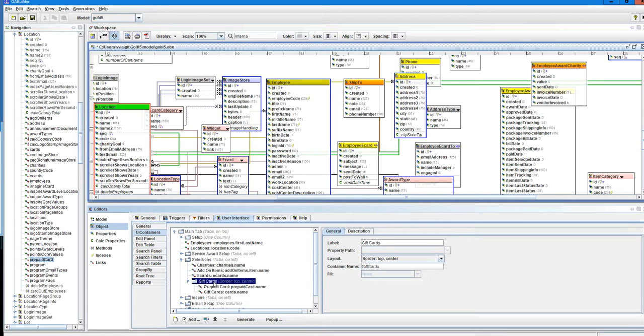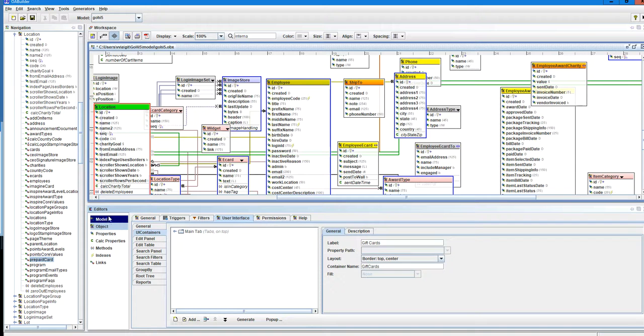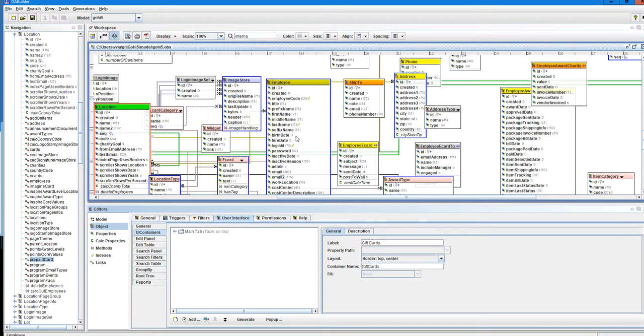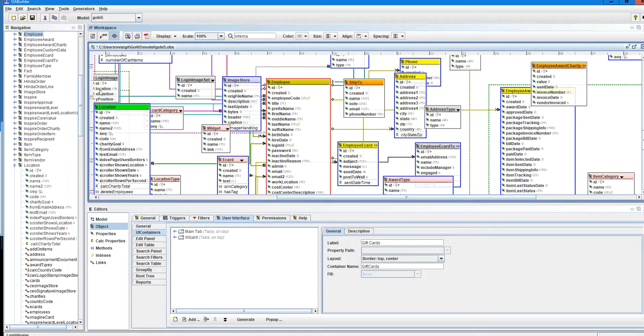There's our gift cards. Let's scoot that up a little bit, kind of match how the program's set up. So now in our UI, it's basically going to add that as a tab, and it has a way to pick that. So from our UI, we're able to get all that. What we want to be able to do then is, from the employee, instead of looping through locations and program to figure it all out, we can go in and create